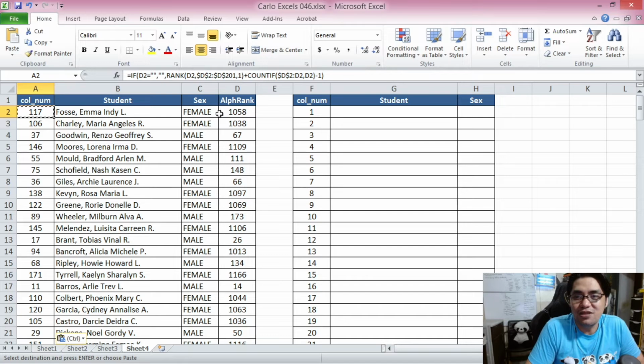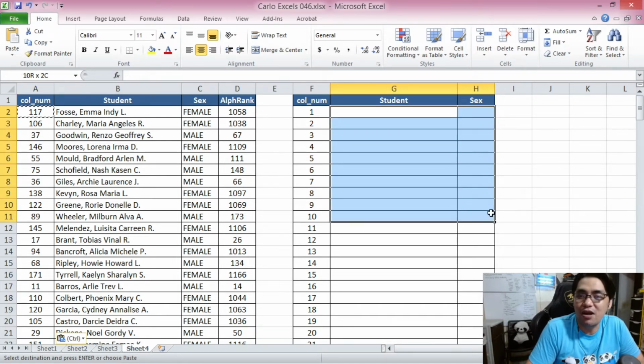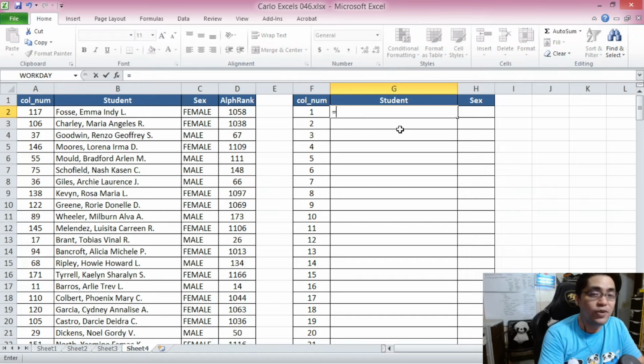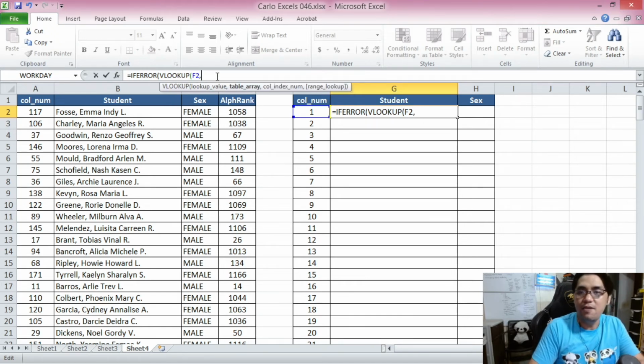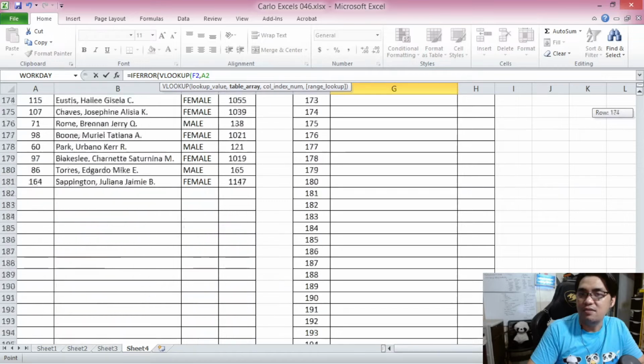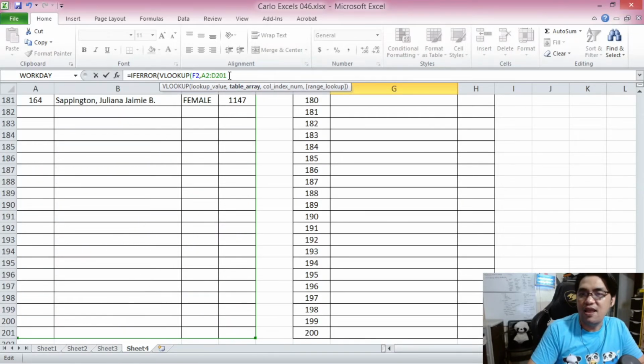And because they rank the females lower, they will certainly show up later when it comes to the VLOOKUPs. So let's do the VLOOKUPs on this side. Just like what we did a while ago, we start with the IFERROR, so that any blanks later on will not show up as an error. So IFERROR, and then we perform the VLOOKUP. VLOOKUP this value, find 1. Whoops, wrong spelling of VLOOKUP. Now find 1. This is the table array over here, and then we want the second column,